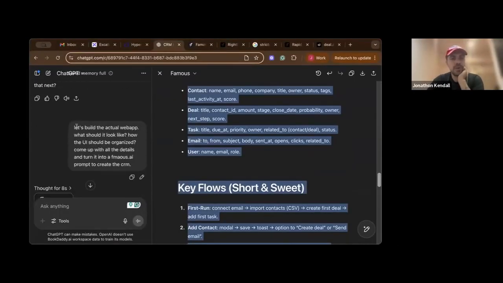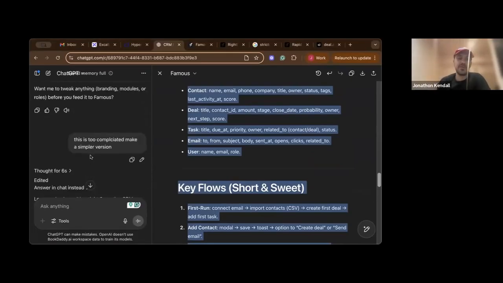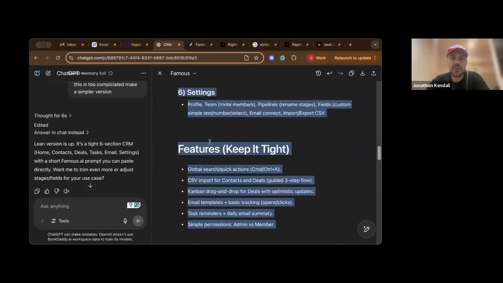So let's build the actual web app. What should it look like? How should the UI be organized? Come up with all the details and turn it into Famous.ai prompt. It gave a prompt, but it was way too complicated for this demo because I know it had 19 features or something, which is great. But for this, I just said make it a little bit simpler. It gave me